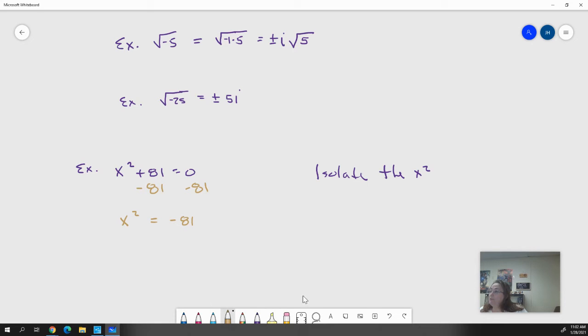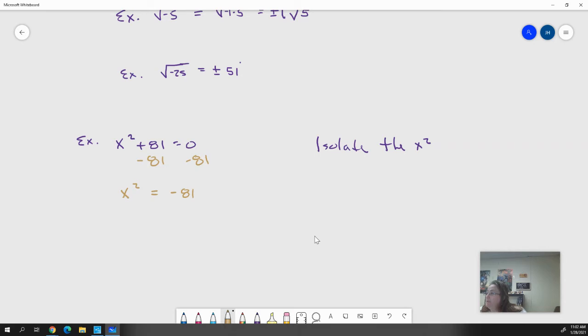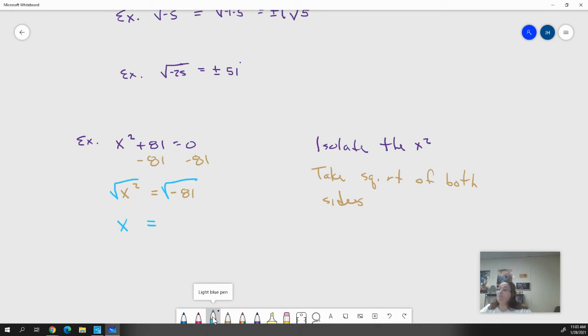-81. And when we want to solve that, right, then we're going to take the square root of both sides. Right? Let's do that in baby blue. So take the square root here, and I'll take the square root here. This we know, x times x equals x squared, so we've got x. But here, we're at a bit of a standstill unless we remember that we can break this up